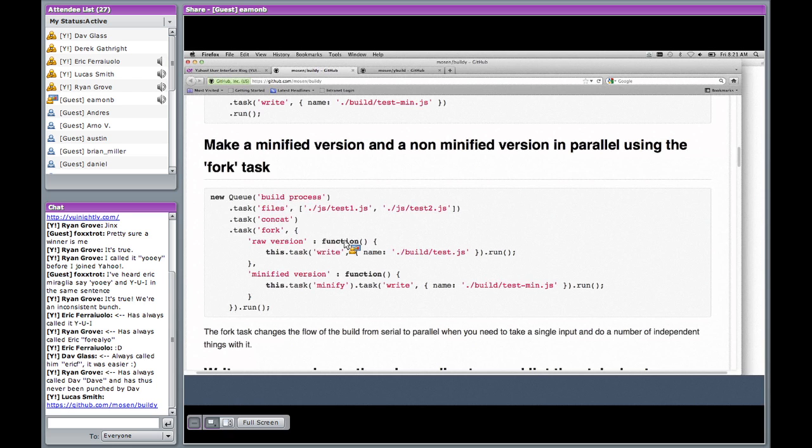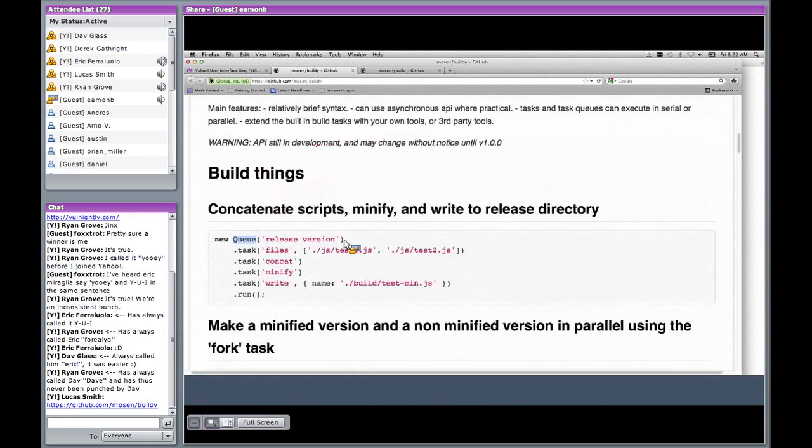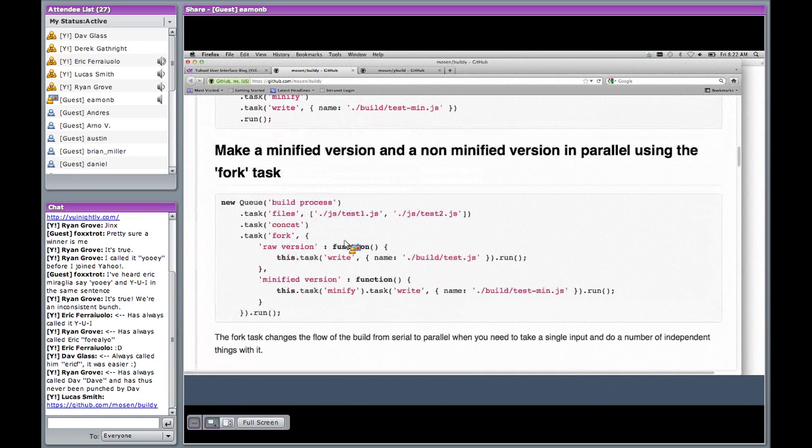So the templating task basically takes the input from the previous task and adds it to a reserved variable, and then you can also add your own values to be assigned to the template as a part of the parameters as well. So if you have other sources that you want to pull in information from, you can make them part of that Buildy queue and assign the result of whatever those functions are to the template as well.